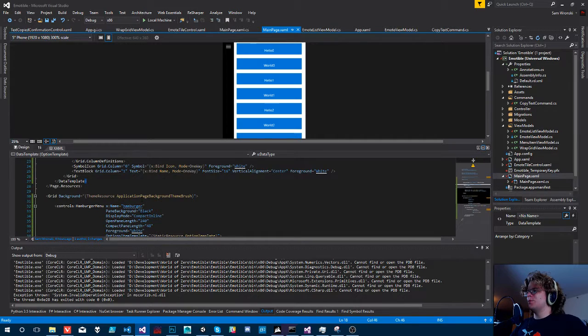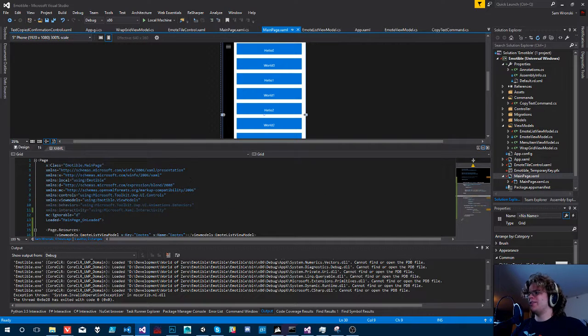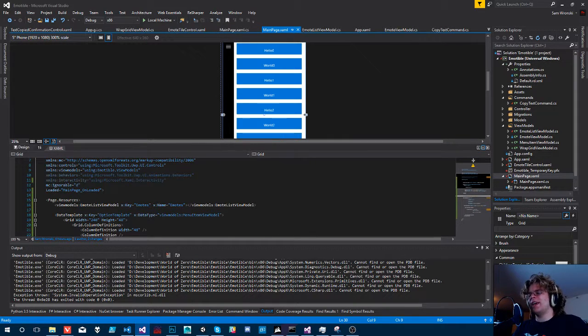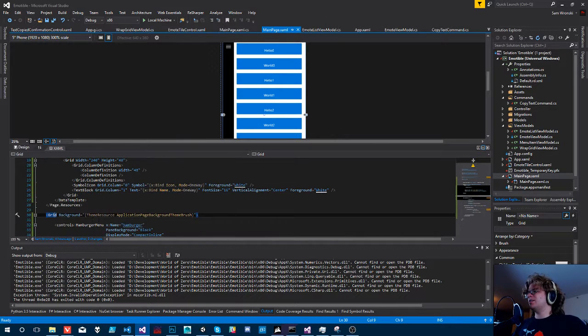Next, I'm going to need a reference to this grid. So we need to add this pop-up somewhere. We can't just add it to our page, because if we do that, it's going to break, because our page can only support one thing. It's just like the border, it supports one. So we need this grid in here, but we don't have a reference to this grid. So I'm going to call it